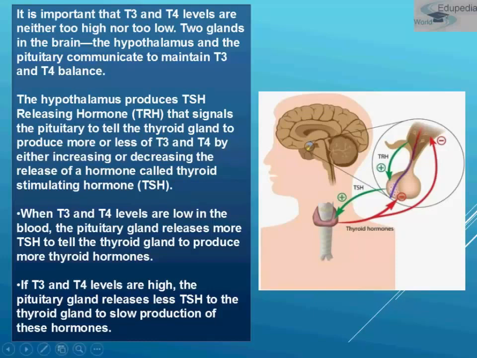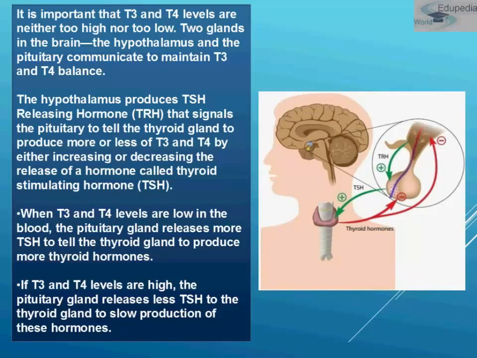Okay, as you can see, this is the hypothalamus and this is the pituitary. The pituitary is located next to the hypothalamus. So the hypothalamus releases TRH. What is that? Thyroid releasing hormone. So it produces TSH. And TSH is your thyroid stimulating hormone, and it is being asked by your pituitary gland to give orders to your thyroid gland, which is located near your neck, to increase or decrease the release of hormone